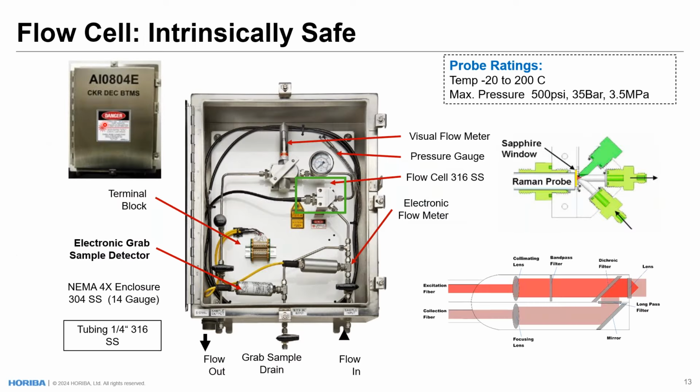So getting a little bit into more of the sampling points here. This is a demonstration of our flow cell enclosure. The idea is that we can bring your process stream into your flow cell enclosure, and it will make its way into this flow cell right here in the screen box. And this image with the green shading is a cutaway of this green box here. Your process liquid will be brought up into here and do a turn. And at this turn in the flow cell enclosure is where we have a Raman probe that is situated against